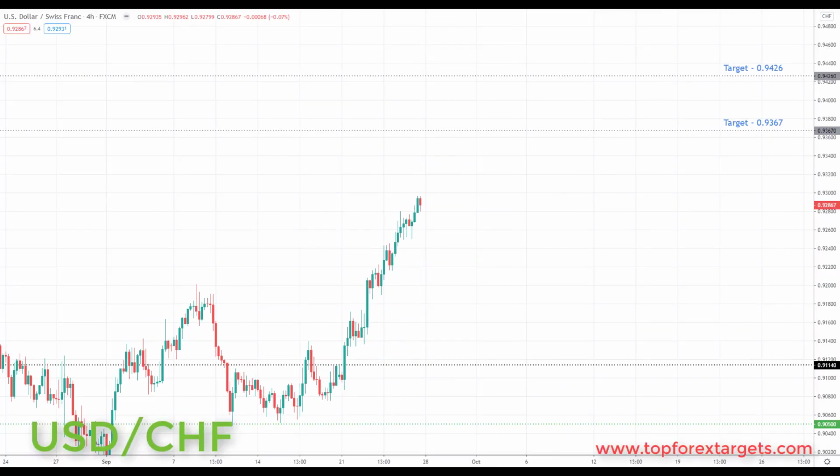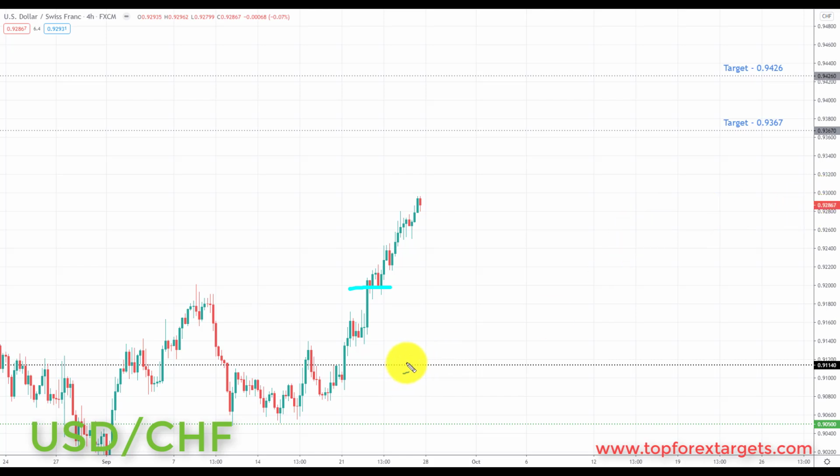So next market we're going to look at is US dollar Swiss franc. Now last week we started the week down in this area, and we were looking for a rally to the upside in this market towards the 0.91970, which was right here. And we did take out this target set from last week. In fact, we smashed through this target and we ended the week up in this area, roughly at the 0.9300.